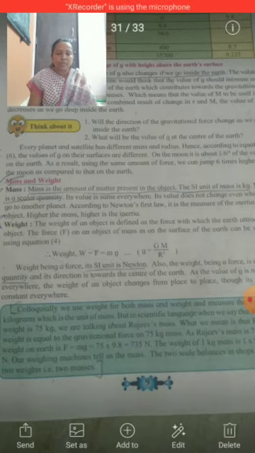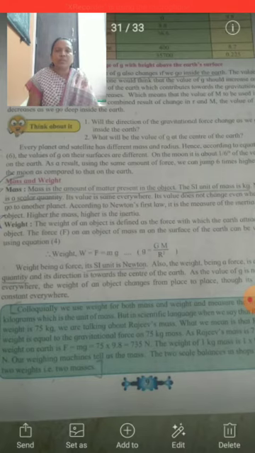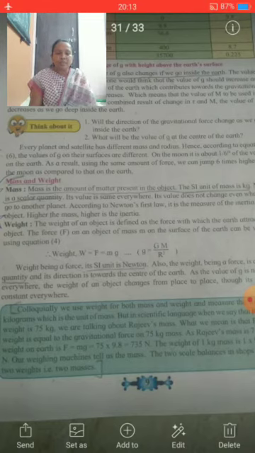For calculating the motion of an object thrown upwards, acceleration is negative. We know that when we go upward from the earth's surface, the acceleration due to gravity goes on decreasing. Thus, in the upward direction, acceleration is negative, that is, in the direction opposite to the velocity, and is taken as minus g. The magnitude of g is the same, but the velocity of the object decreases because of the negative acceleration.